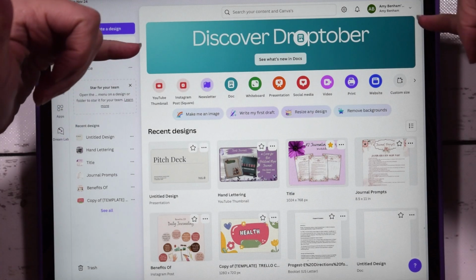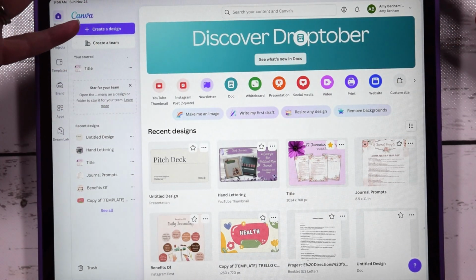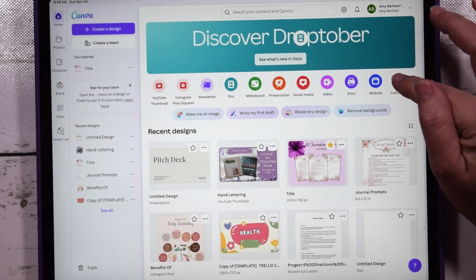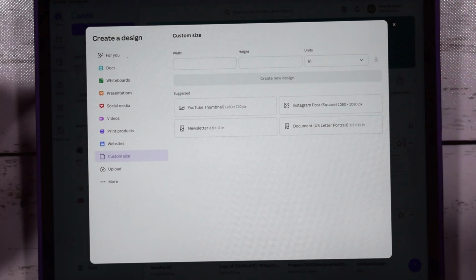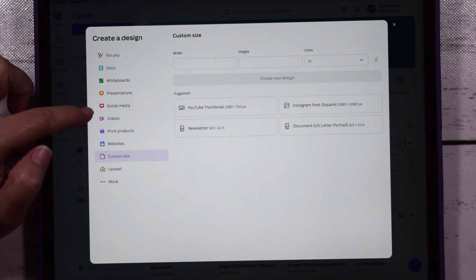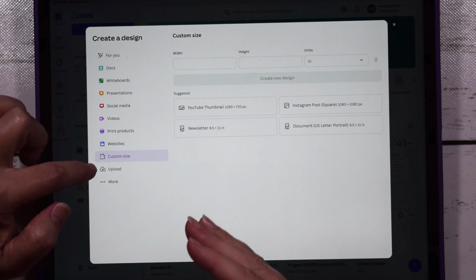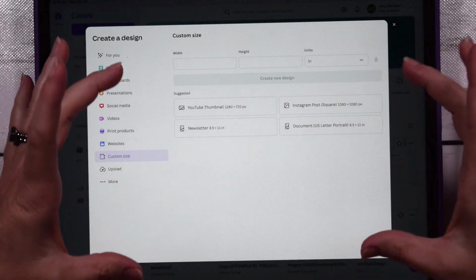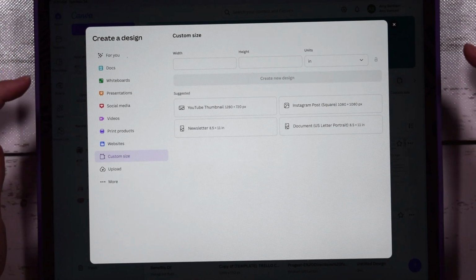So then up here, you can see where you can choose all different kinds of sizes of boards to create on. You can also create a custom size, which is really nice. So today I think we'll jump in and create a custom size, and I'm going to create it not in pixels, I want it in inches. So here you've got documents, whiteboards, presentations, social media, videos, print products, websites, custom size, and you can even upload an image directly. So if you have an image that you want to use, maybe like a background with a Bible on it or something like that, you can just upload it and it will go by that size. But we're going to create,